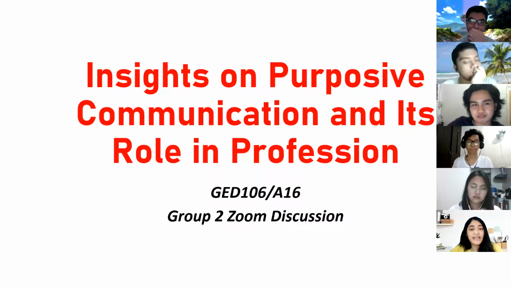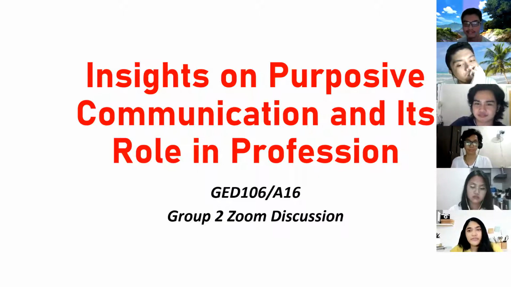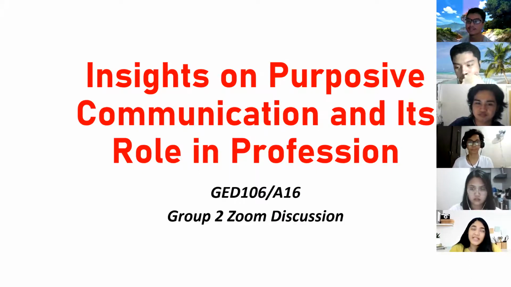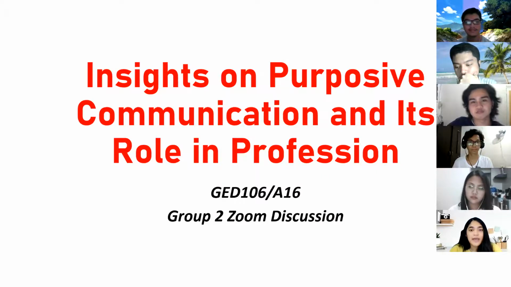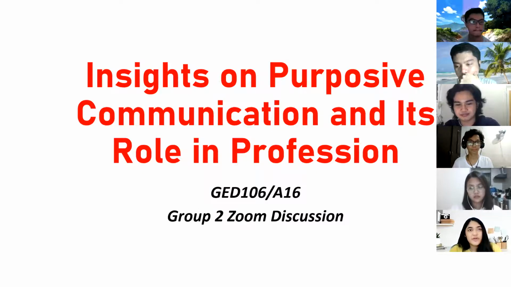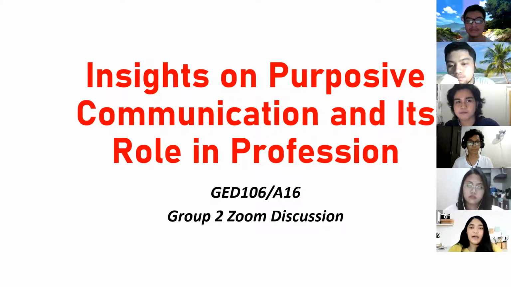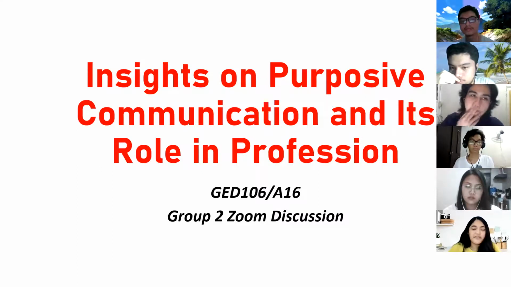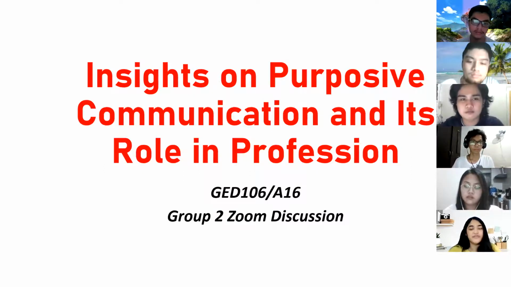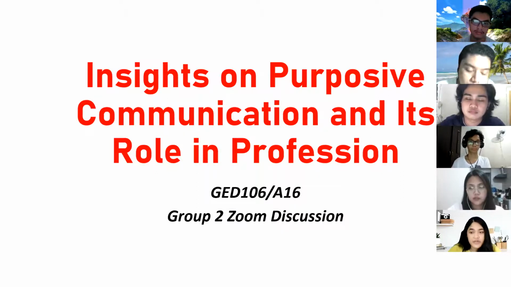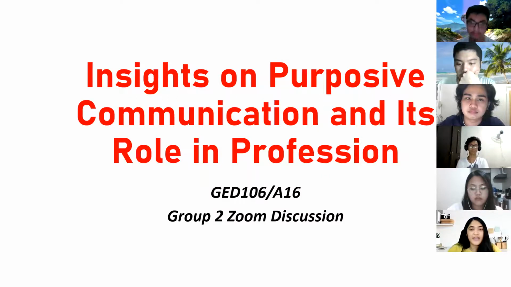For the next aspect, which is language, my idea about the role of purposive communication in our language is how we use it. Based on what I read in the book, people, especially in our age, should practice using the correct language because it may be offensive to some and it may be inappropriate to those who are older than us, or how we even deliver it to other people and how they perceive it. So we should be careful in how we use our language because there are other people who could misunderstand and it may leave a different impact